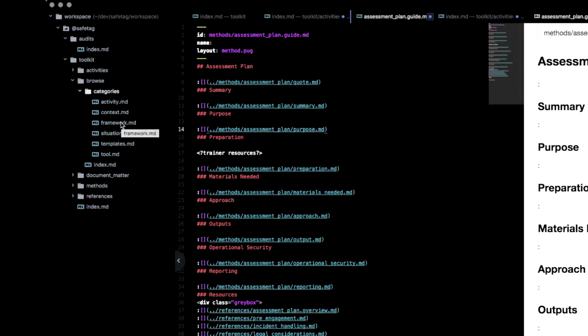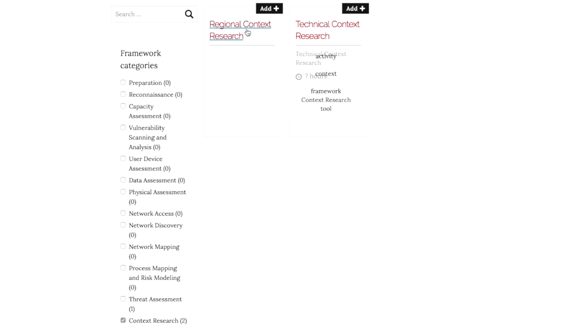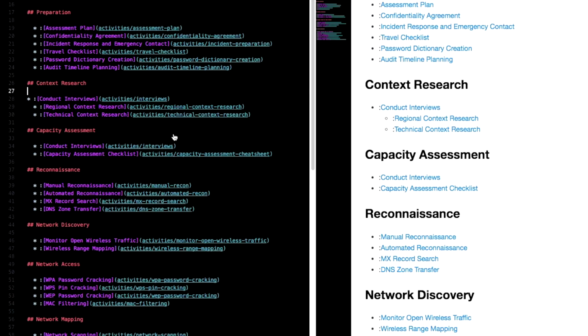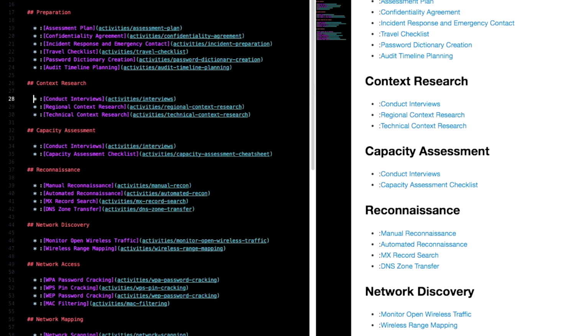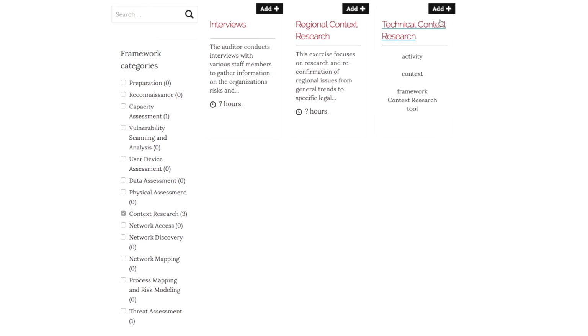See that there's a framework.md file. The interviews were not in the context research anymore. And now if I move it back in the context research and save, context research now has the